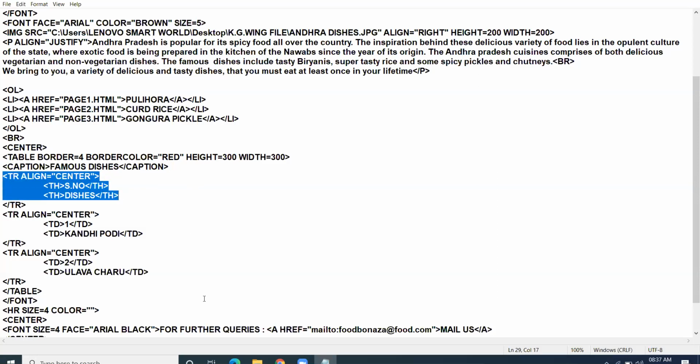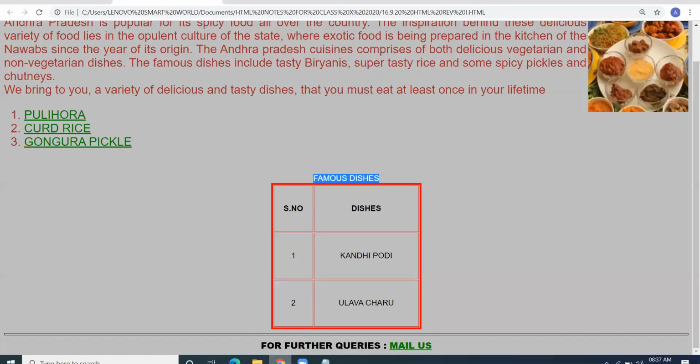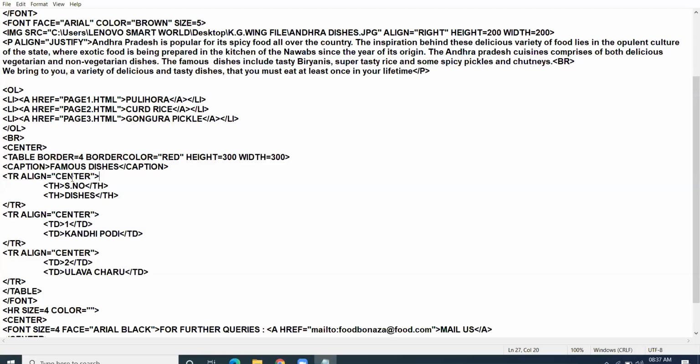Since my first row is the header row, first row is bold, first row is centrally aligned. So I have taken TH over here. Right? Clear? If suppose you are asked that header row is of yellow color, so you can apply BG color over here.